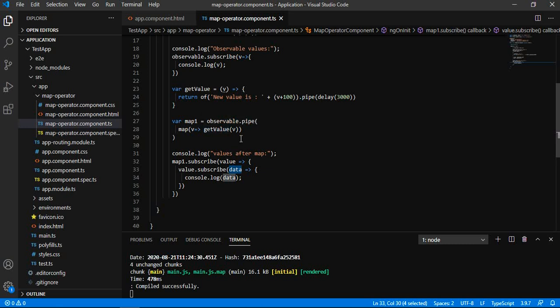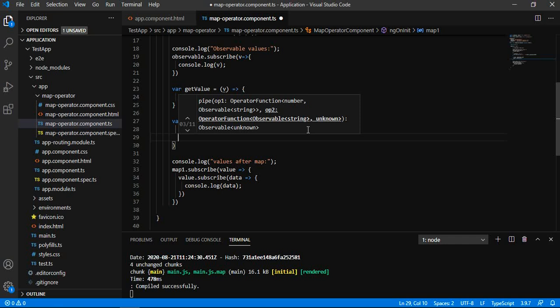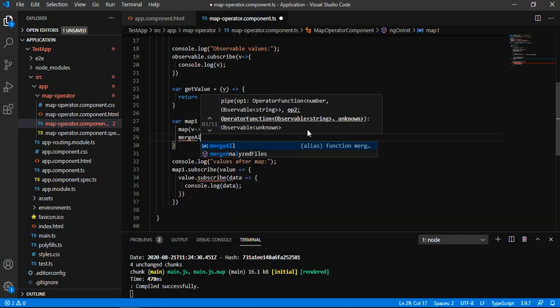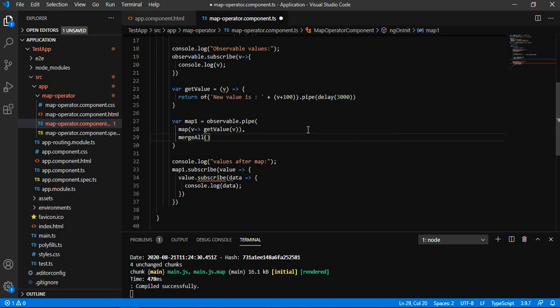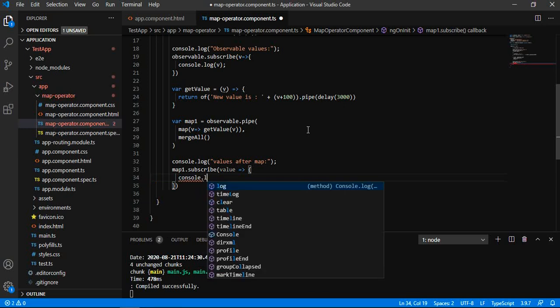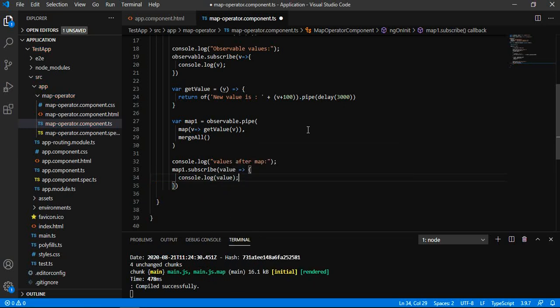So we will apply the mergeAll operator inside the pipe, that will do nothing but merge all the inner observables into the source, and we will simply subscribe to the source and get the values that are coming from the inner observables.